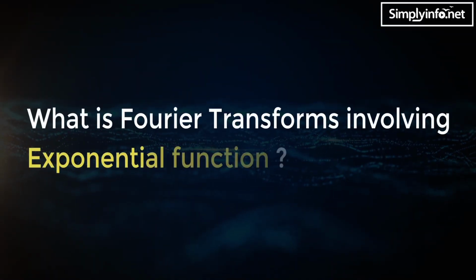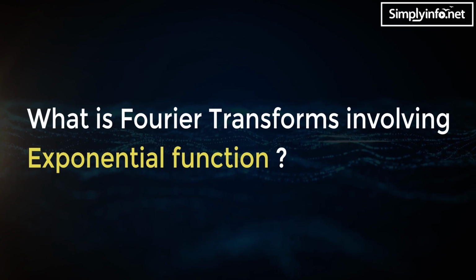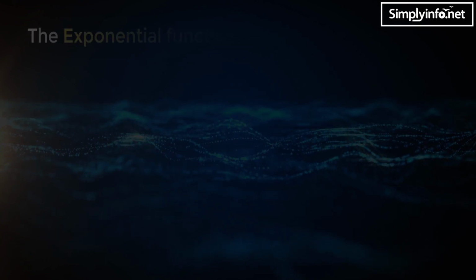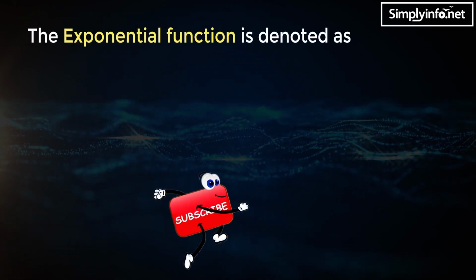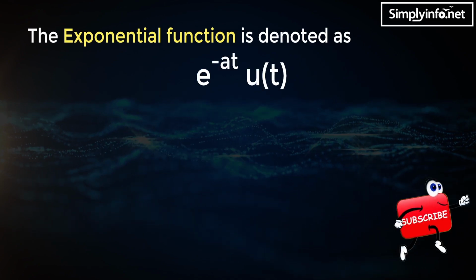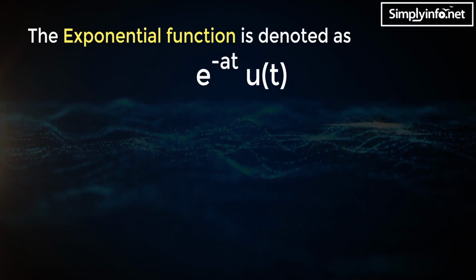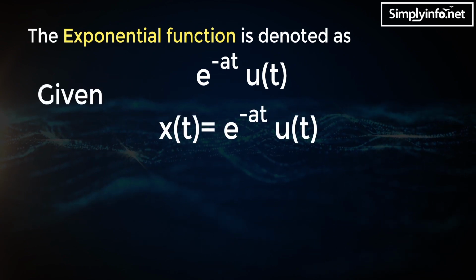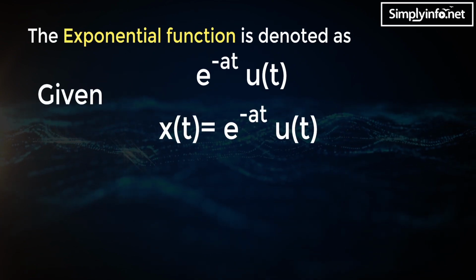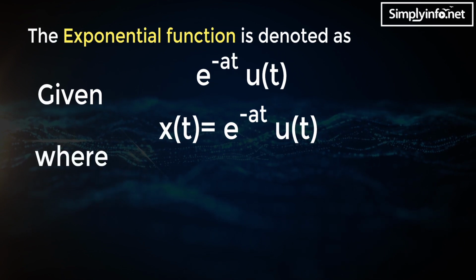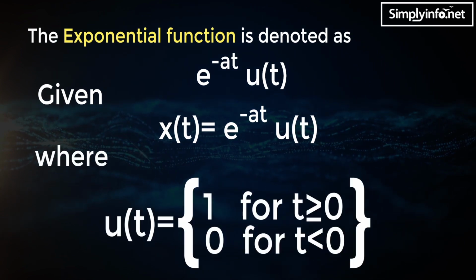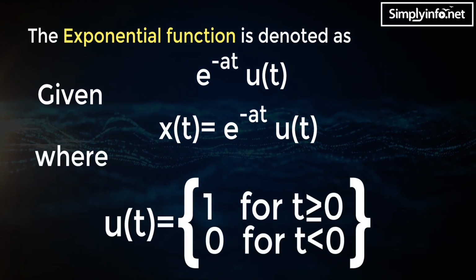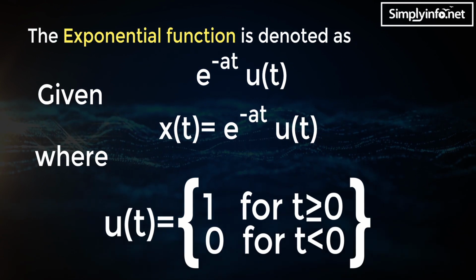What are Fourier transforms involving the exponential function? The exponential function is denoted as e^(-at) u(t). Given x(t) = e^(-at) u(t), where u(t) = 1 for t greater than or equal to 0, and u(t) = 0 for t